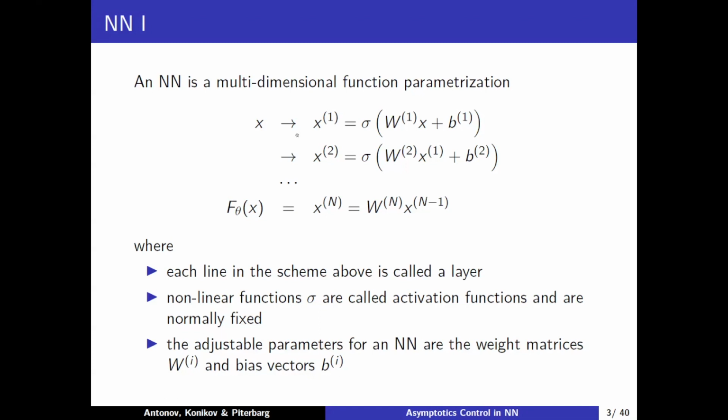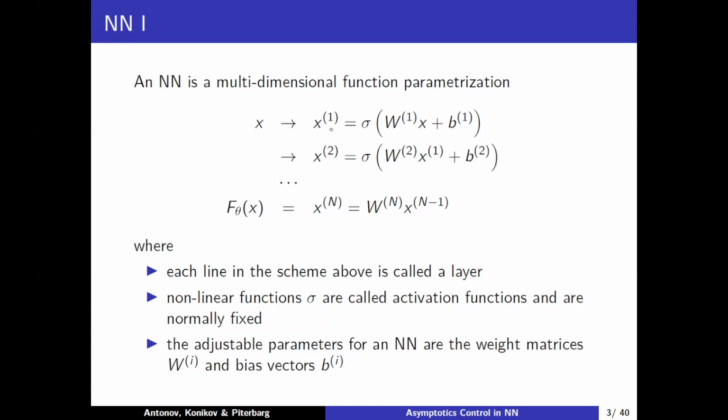We produce the first so-called layer by applying a weight matrix W to this x, and we add a so-called bias vector b. On this linear transformation, we apply nonlinear activation functions. Of course, the dimensions of W should be in accordance with the dimension of x. However, the output dimensions of b and W are not necessarily the same as the input. It can be different. But nevertheless, we apply this function sigma element-wise to get the first